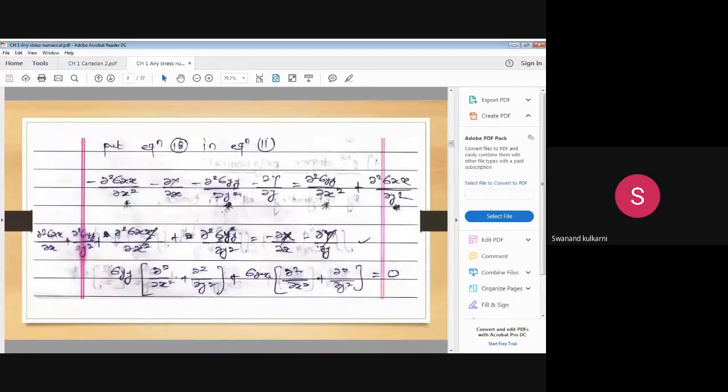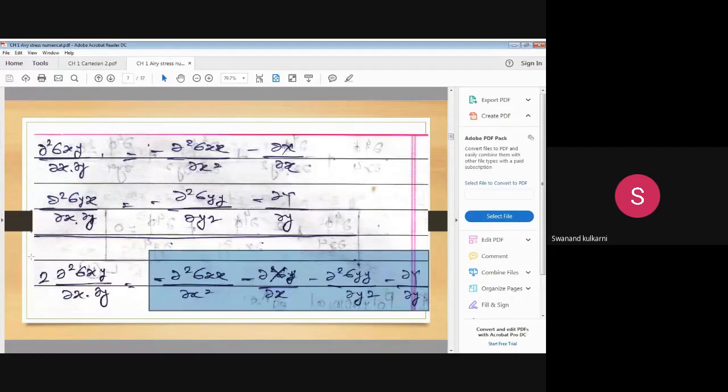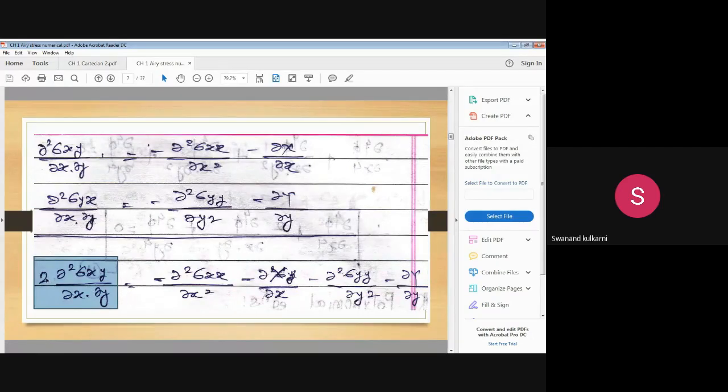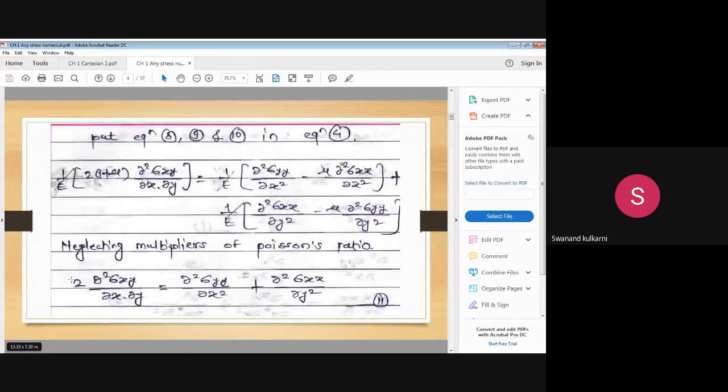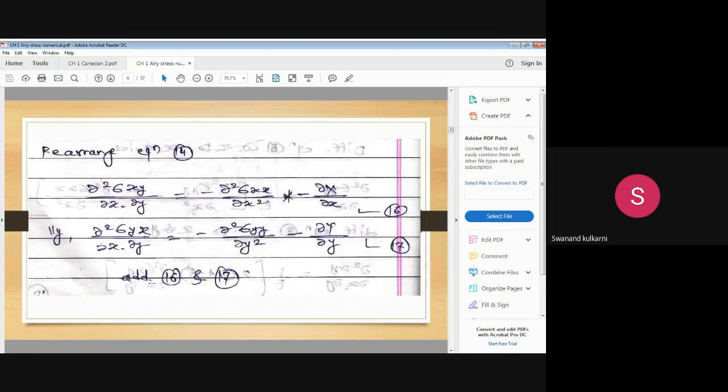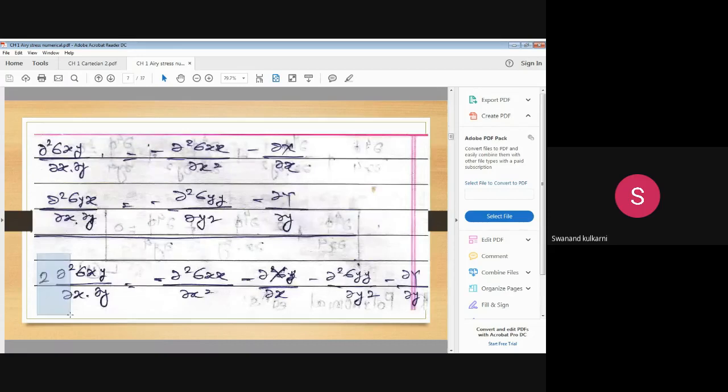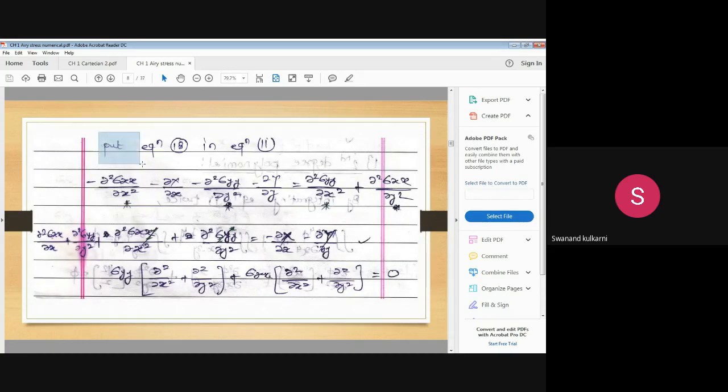Then we are going to substitute this equation, because if we look at the left side, the left hand side is 2 times ∂²σxy/∂x∂y. And if we refer to equation 11, that is also 2 times ∂²σxy/∂x∂y. So now we are going to substitute these terms: substituting equation 18 in equation 11. And after substituting this equation,